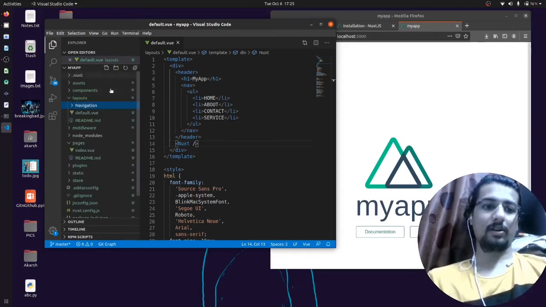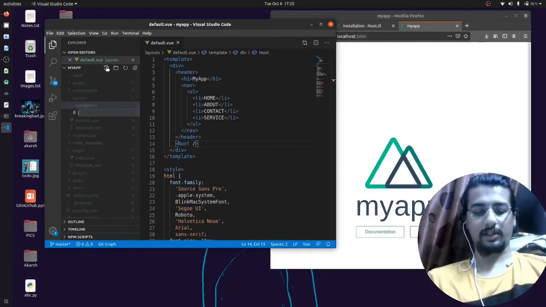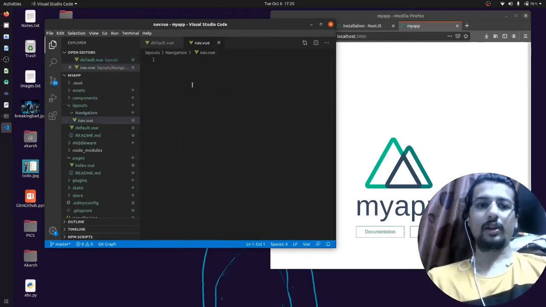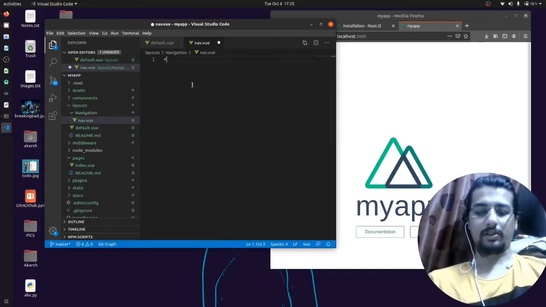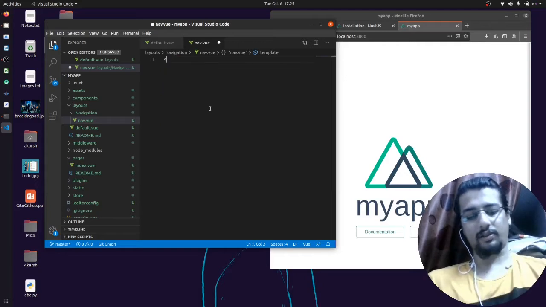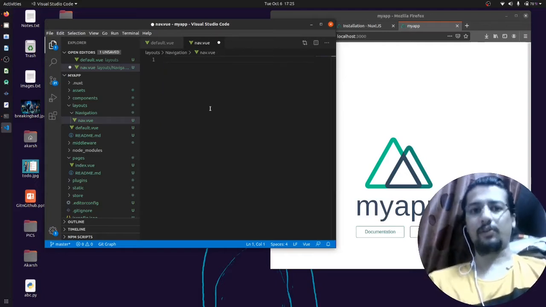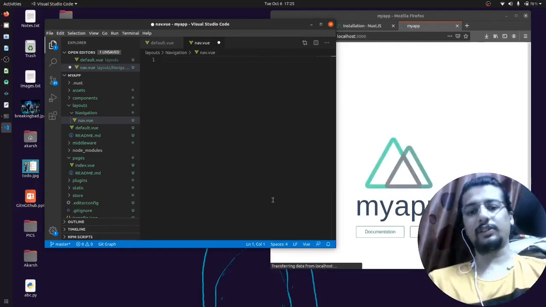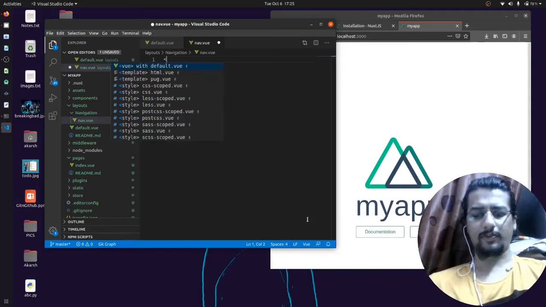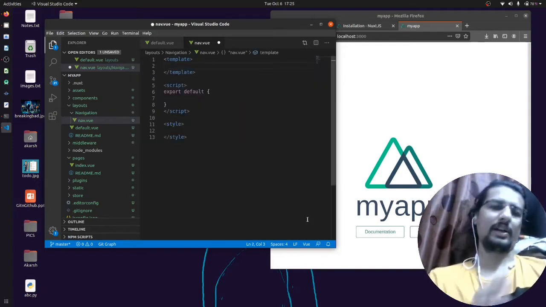Okay, navigation, and inside that we will create a nav.vue. Okay, in that nav.vue we will just give some templates. If you are doing this for the first time, it will pop up asking you to download an extension. Okay, so I have downloaded an extension, Vetur, I think.